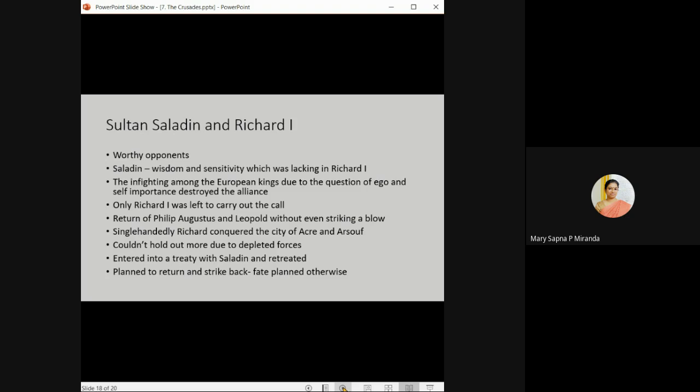He came back. But he had planned that he would go back with more preparation, more people, and then strike back and get Jerusalem. But then history tells us, we know, right, from the lecture that we had on Richard I, that he died thereafter. He did not live long after his victory at Acre, and he could never go back and reclaim Jerusalem as he had planned. It did not happen that way.